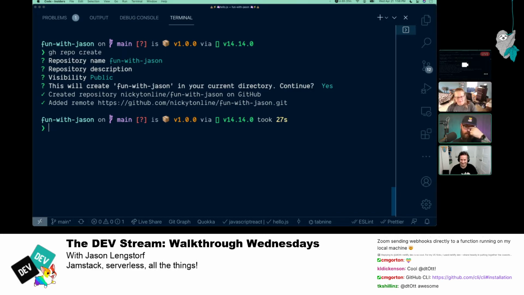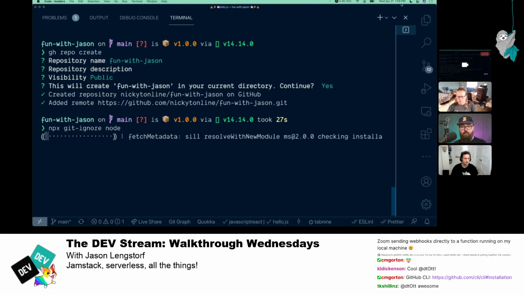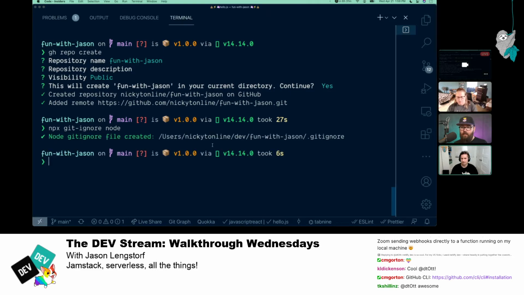So from here, let's go ahead and just publish this. Let's take it live so we can add all the files that we've got so far. Make sure you ignore the node modules and things like that. You'll need a gitignore. There's a handy package called gitignore. I'm going to do one for Node. That's just going to generate one for me. Nice. I've never used that one. Yeah, it's super handy.